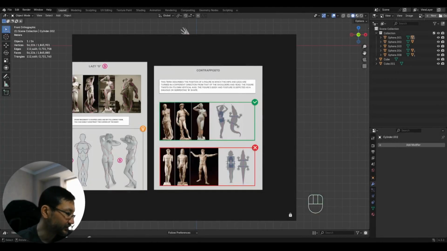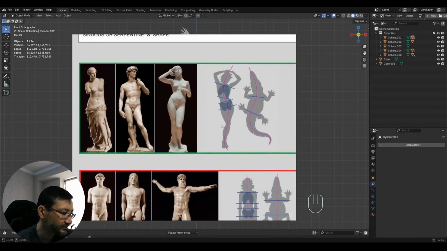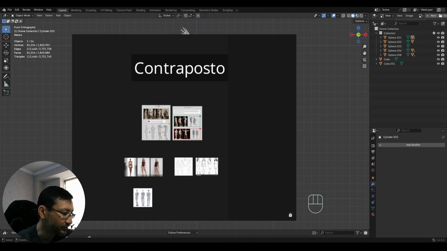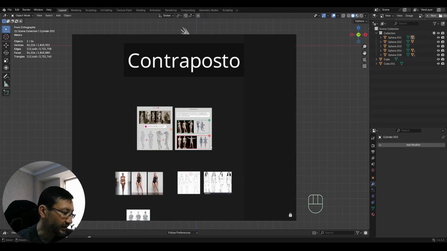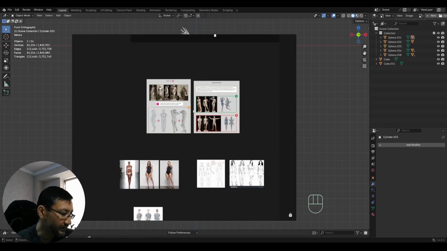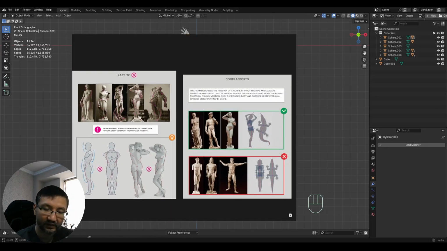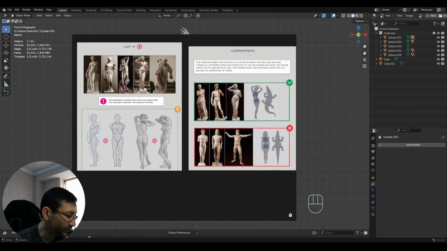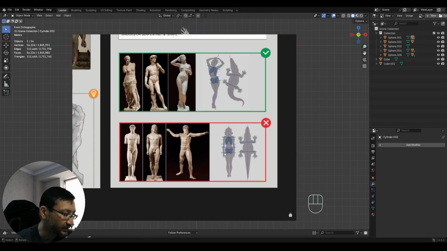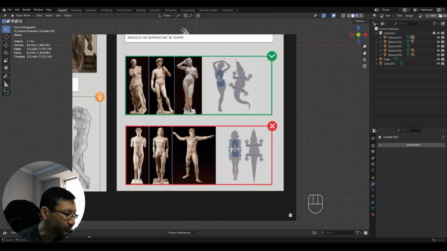So this is what contrapposto is, and these illustrations are from the Anatomy of Sculptors book, and I have included those in the references collection that will be included in the materials. And you can see here in the pictures how different the poses look when the figure is standing straight